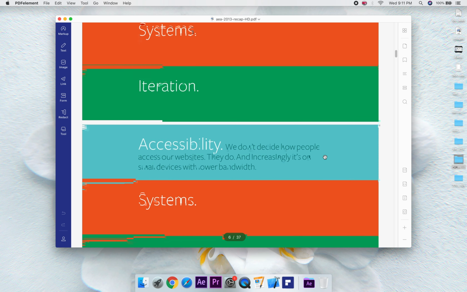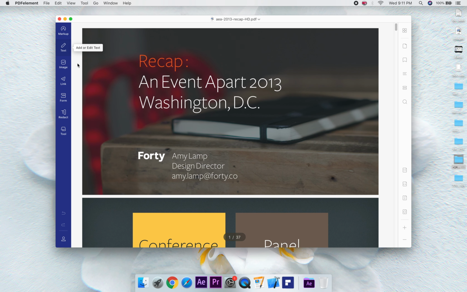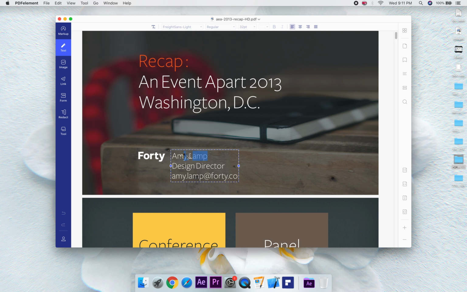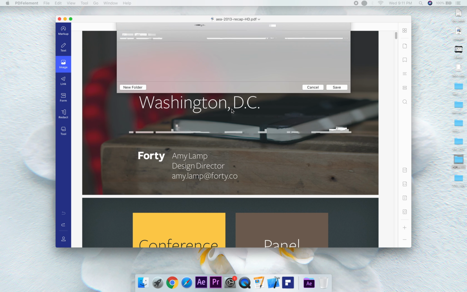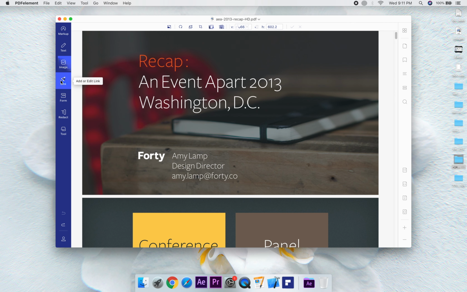Now this is a keynote presentation that I have downloaded from the internet. Now editing this file is super easy. I can change the text by going to text option on the left toolbar. I can edit image or replace an image or export this image to the local drive of my computer so that I can use this image on my future presentation. Now similarly, links can be edited or added using the link settings.